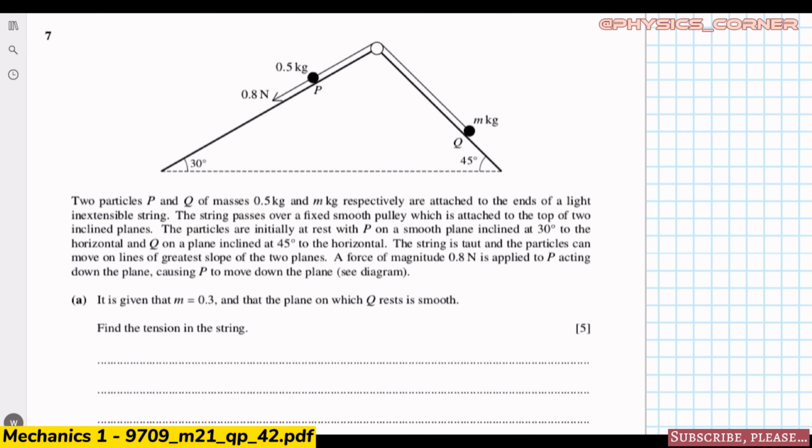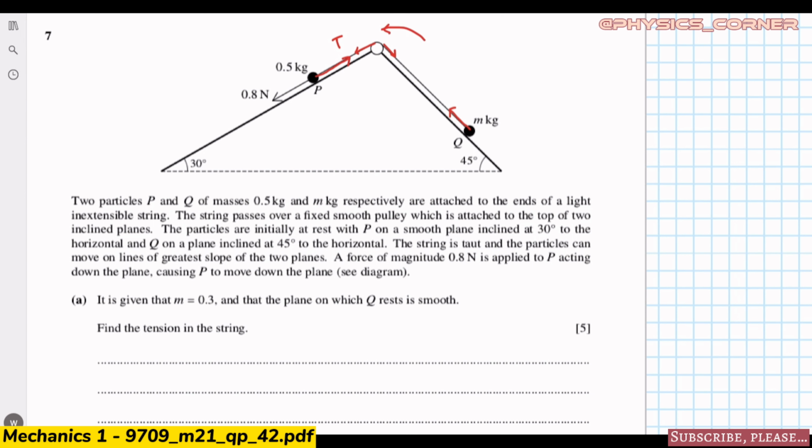So we have two side forces, on the left and on the right. Here we have tension force on the mass 0.5 kilogram. This is tension force on the big pulley, but we neglect this one. And this is tension force on the mass m kilogram. But parallel with the plane, we have a 0.8 force on the 0.5 mass. Okay, on the left side we have